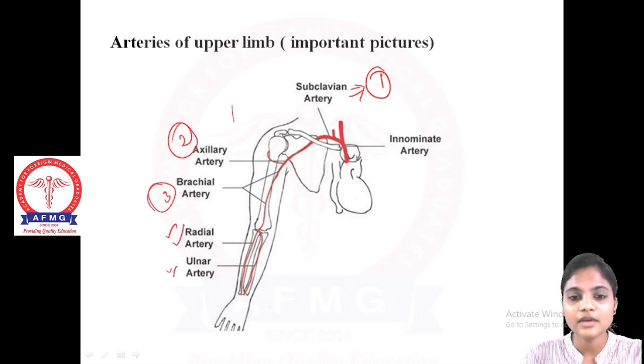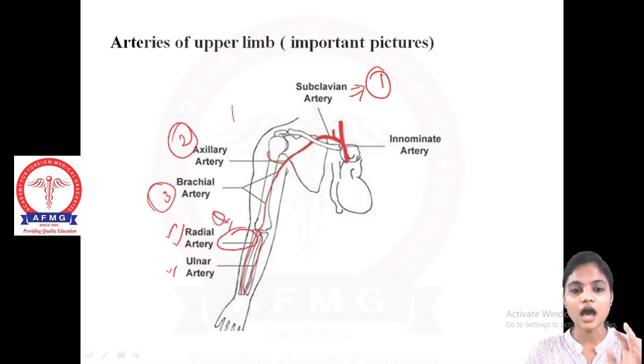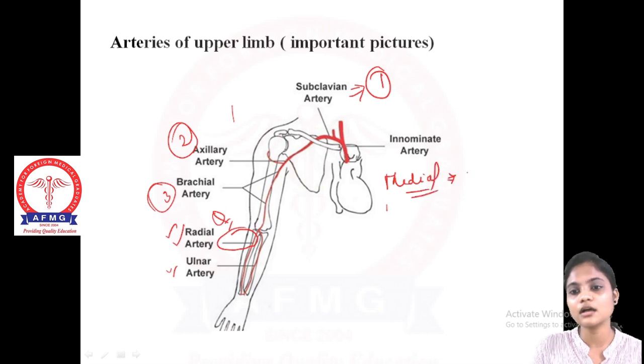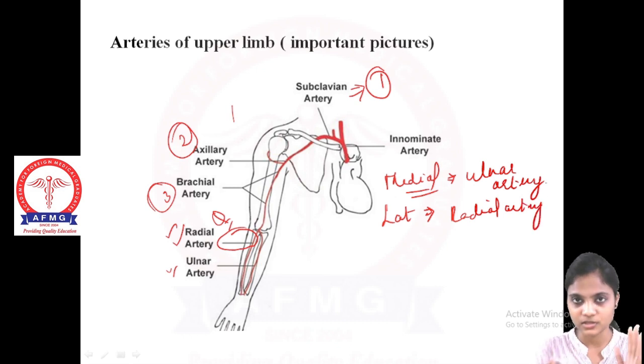Once in a while they have marked this picture, marked this part, and asked what the marked artery is. Whenever you know what is medial and what is lateral, right? Medially always comes the ulnar artery. Same like this, we'll speak about the nerve section also and the bone section also. Till now, please remember, in the medial part you'll have the ulnar artery, and in the lateral part you'll have the radial artery. Don't get confused by seeing the options.